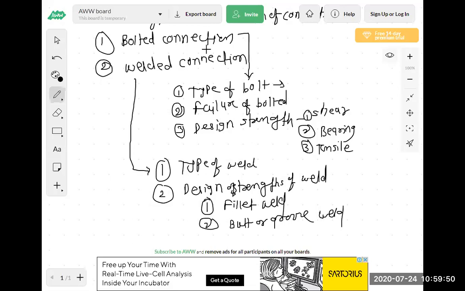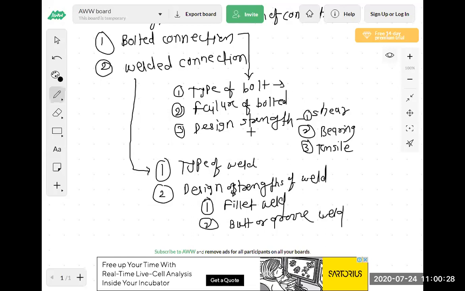In bolted connection, design of bolted connection means we have to find how many bolts are required to carry this much load coming on the joint. And design of welded connection is nothing but how much length of weld is required when that much load is coming on the joint. Are you getting? That is the design. So we have seen two types of problem, load carrying capacity and design, in each of bolted and welded connection. That is the summary of our unit number 2. So unit number 2 is over.